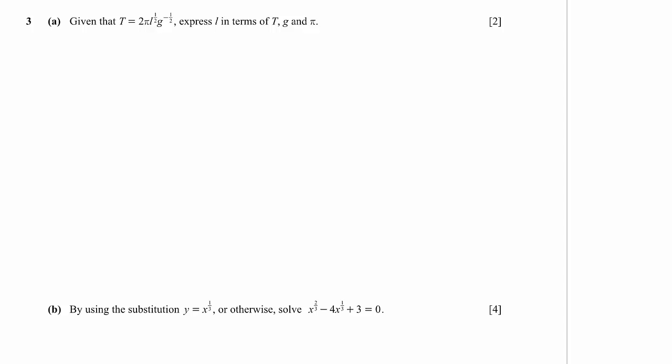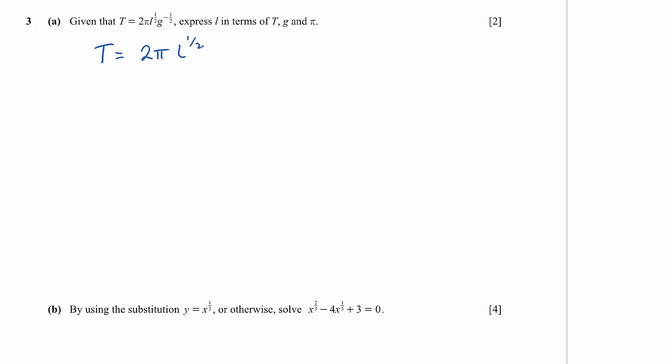Given that t is equal to 2 pi L to the power of half g to the negative half, express L in terms of t, g, and pi. So we want to make L the subject of the formula. So t is equal to 2 pi